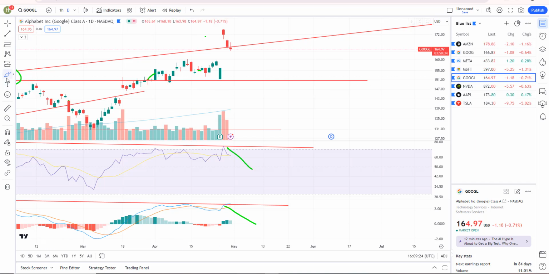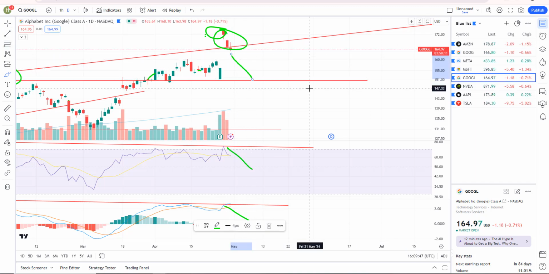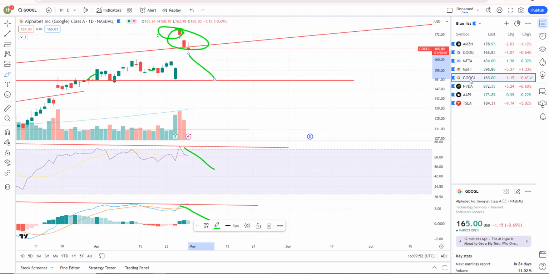Google, same thing. Gap up after earnings. I hear a lot of BS talking after earnings. When something gaps up, I get all kinds of comments on my channel. But if you look, nothing but big money has been selling. Yeah, it's still up from the post-earnings gap up, but the big money's been selling, so I would anticipate this is going to continue to sell down, fill this gap, and ultimately start to make new lows. That's what I see in the charts.